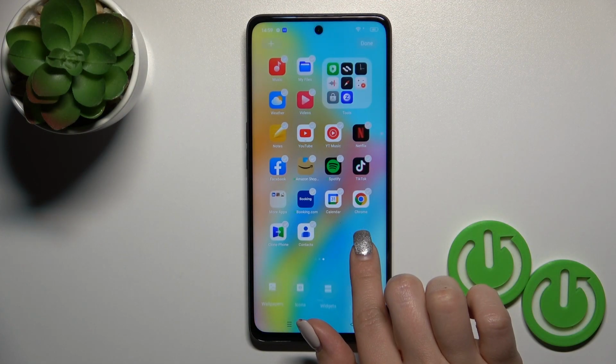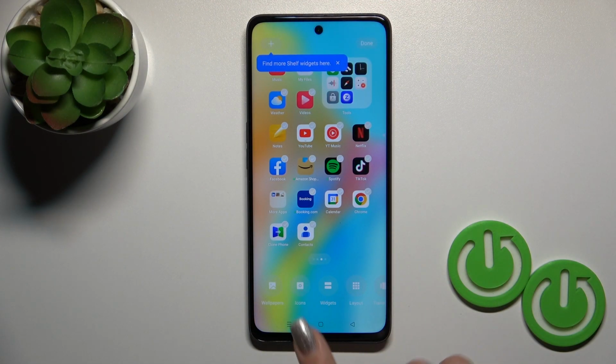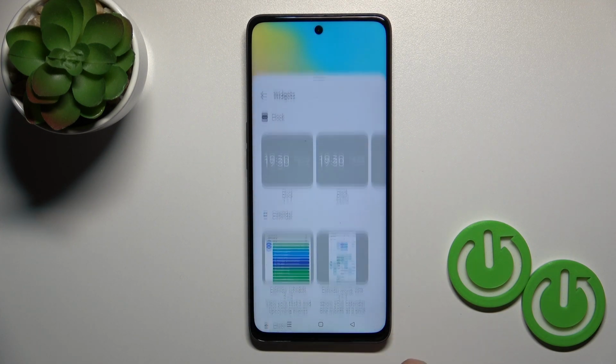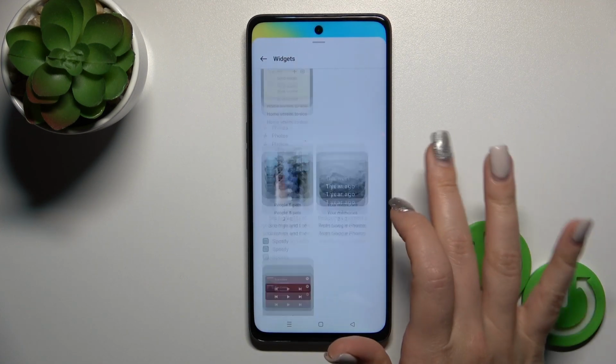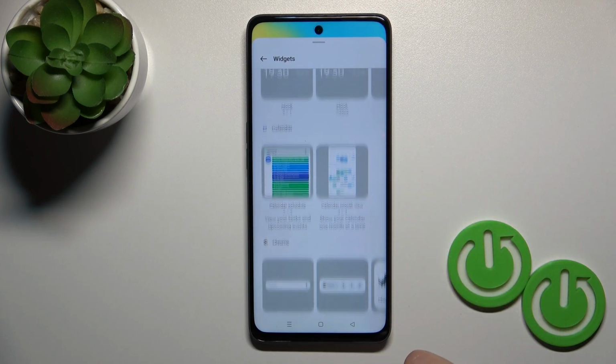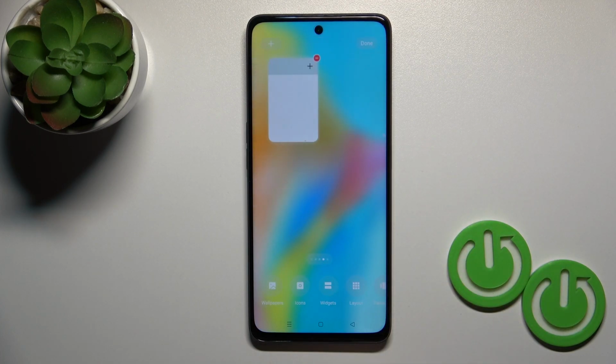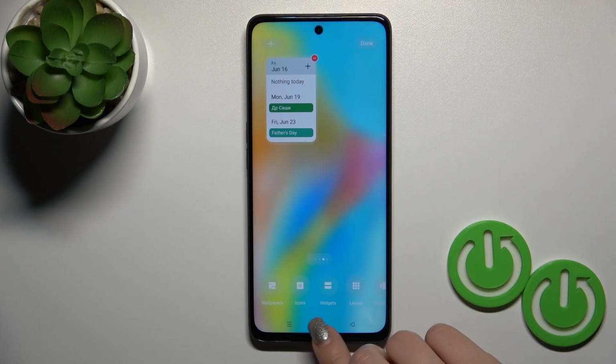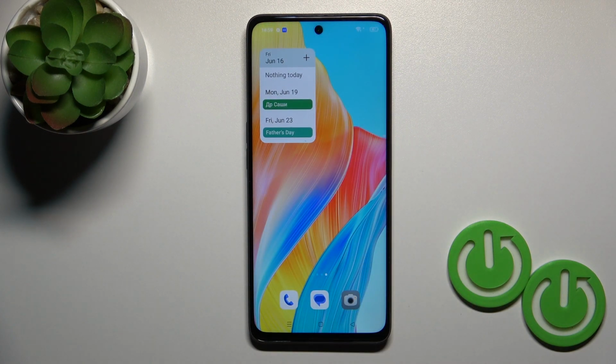So first we should hold for a while an empty space on our home screen with the finger. Then you'll see the widgets icon, just tap on it and you'll see here all of the available applications with widgets you could add. For example, let's add the calendar widget, tap on this widget and now the widget is added automatically